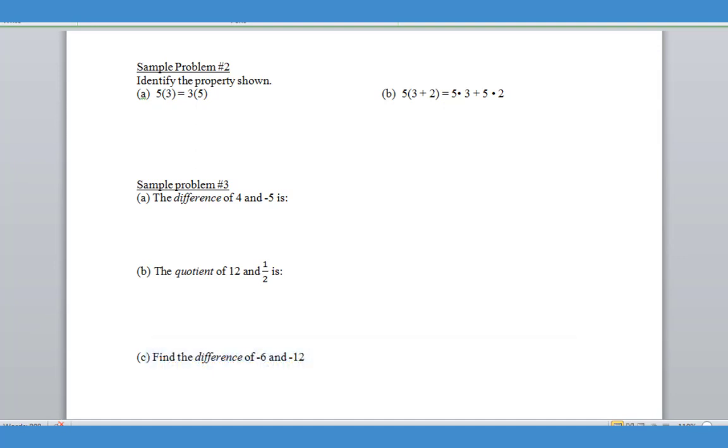Okay, if we look at sample problem 2 part A, we have 5 times 3 equals 3 times 5. So we had 2 values that were being rearranged. So this is the commutative property. And notice it's not commutitive, it's commutative. So just keep that in mind when you're spelling it. And if we look at part B, you can see in this step we're taking 5 and multiplying it times the first part, and then we're multiplying it again times the second part. So this is what we call the distributive property. So just basic identification of properties is extremely important. Moving on to